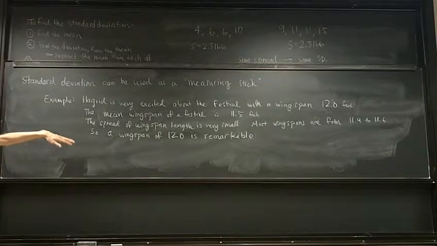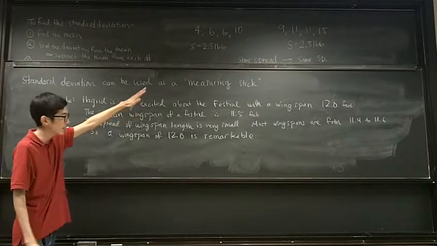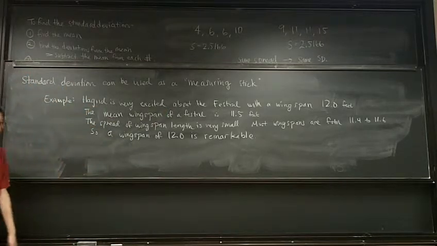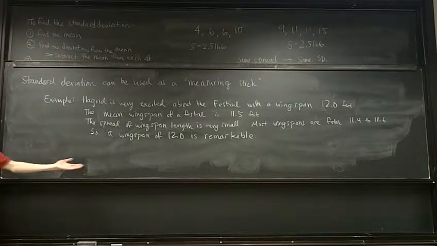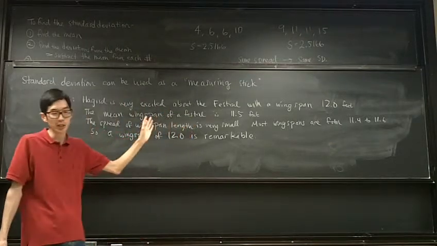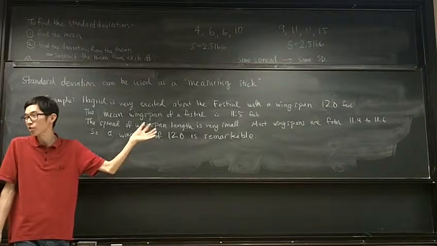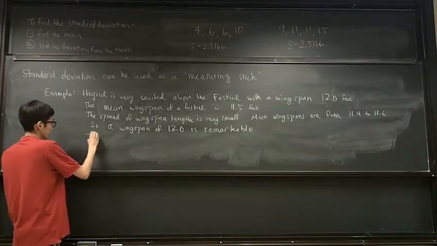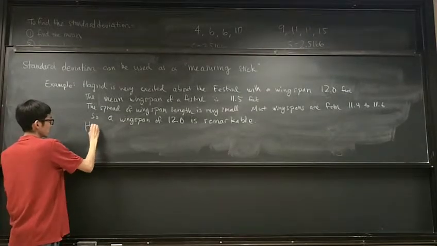Okay. So by knowing the standard deviation, rather than having Hagrid list off all of these different wingspans, he can just tell us, oh, you know, maybe you need to know that the wingspan has a standard deviation of, let's say, 0.1 feet. Hagrid can also tell us